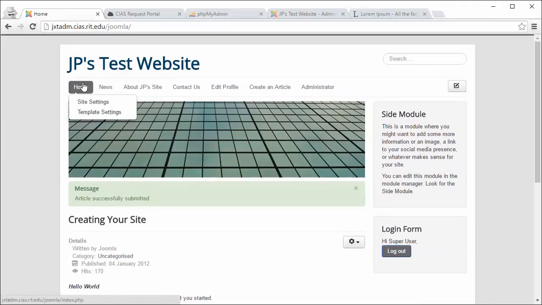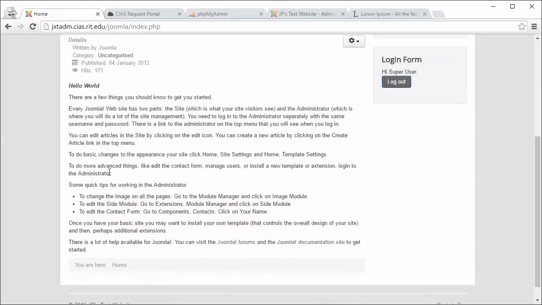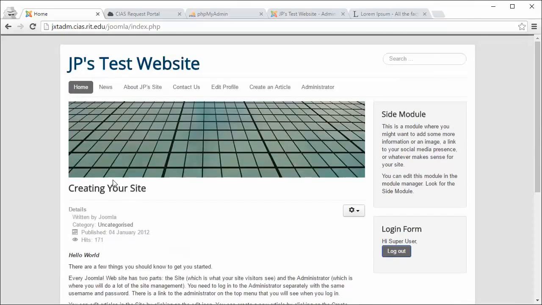Okay, so now we're back at our home page. But you'll probably notice we just created this content, but we don't actually see it anywhere. So in Joomla, you have to basically create a link to whatever piece of content you want to show. You can create links that show categories of content, or you can just link to an individual single content item. So for the next part here, I'm going to now link to that piece of content that I just made.